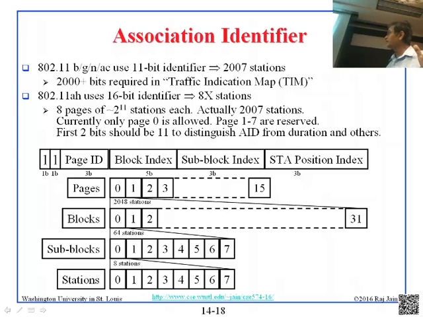So to increase the number of stations to 8,000, obviously you didn't want to treat all 8,000 as the same. If you did, you would need 8,000 bits in the beacon to tell whose turn is what, whose packets are waiting. So I said we cannot do that, and we will just do it for 2,000, which was the original in the other 802.11 standard. So they broke it into 8 pages, and the pages are also broken into blocks